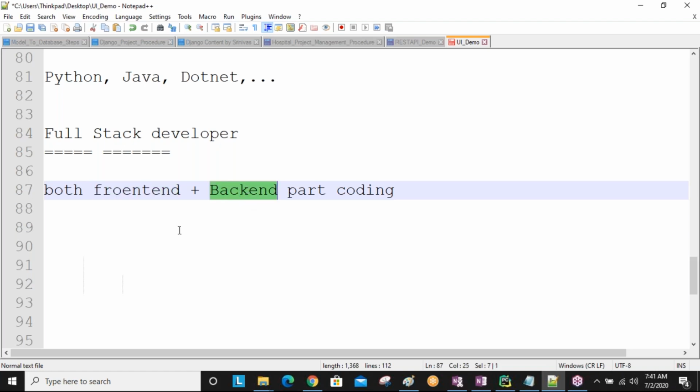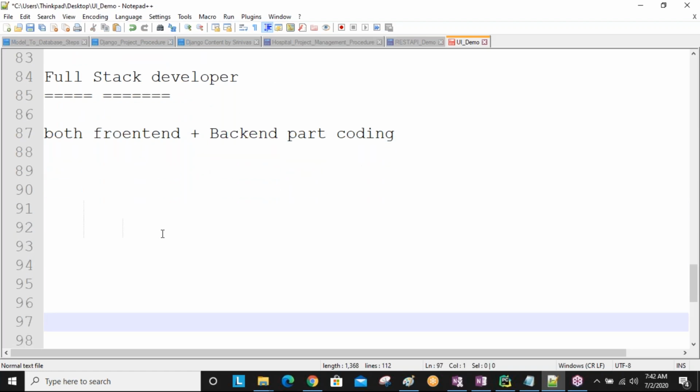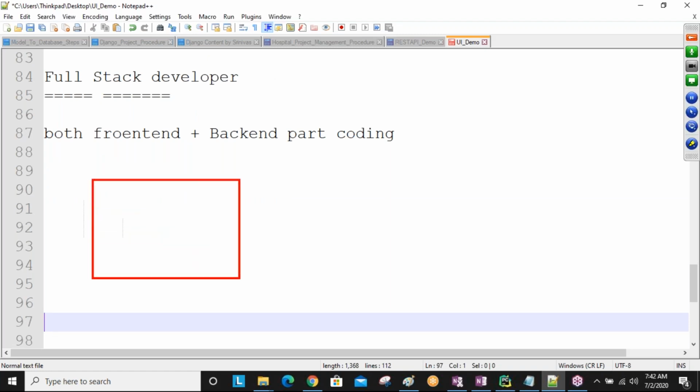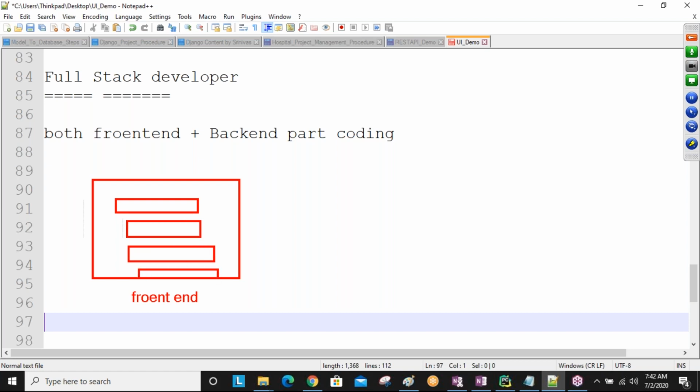Sometimes some people only know front-end technologies like HTML, CSS, Bootstrap. That person is only able to design the front-end code. For example, this is the front-end developer: the person develops using HTML some design, like employee number, employee name, salary, some presentation.